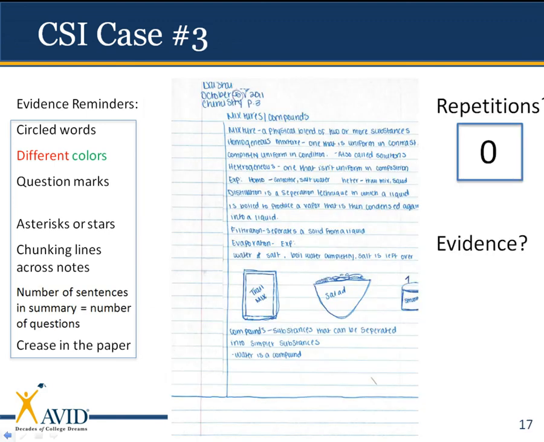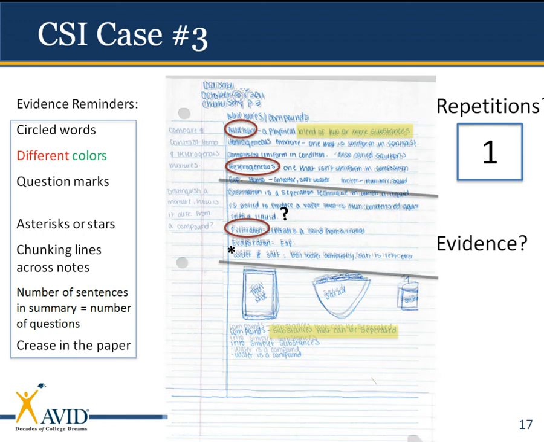Our last case here is Deja's notes over mixtures and compounds. Honestly, when I see a lot of Cornell Notes looking in students' binders, this is what I see a lot of the time. Nothing in the left column, nothing in the bottom section. And so let's see if we can help Deja out a little bit and help make her notes a little bit better. So maybe a first step would be for her to go back and circle some keywords, maybe highlight some things that are important, maybe mark something she wants to bring back to tutorials, and maybe put an asterisk by something that's going to be on her future test. There we go. We're already up the curve of forgetting, Deja. There's our first repetition. But we're not done yet.